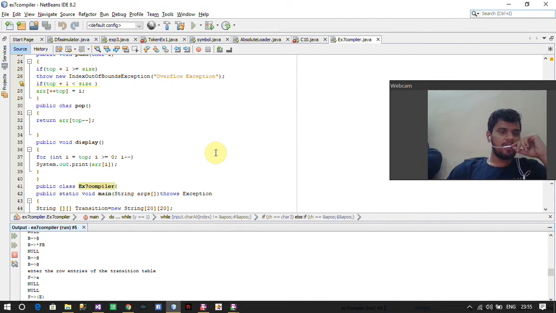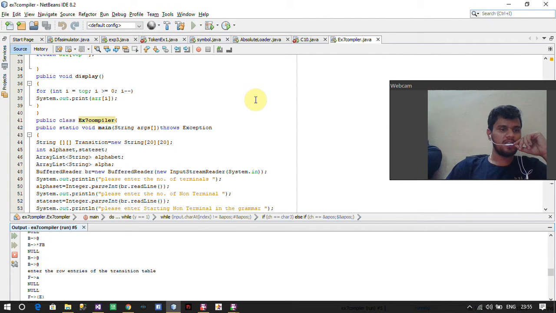Then public class Ex7Compiler, and we will open this by giving the statement public static void main of String args. String translation equals new String of the size of the string, and then int alphaSet, stateSet, ArrayList of String will be alphabet and alpha. BufferedReader br equals new BufferedReader of new InputStreamReader of System.in, and then we'll give a print statement in order to enter the number of terminals, and we'll give alphaSet equal to Integer.parseInt of br.readLine,